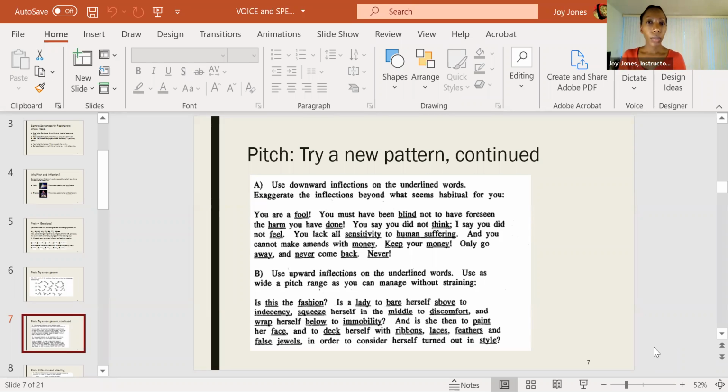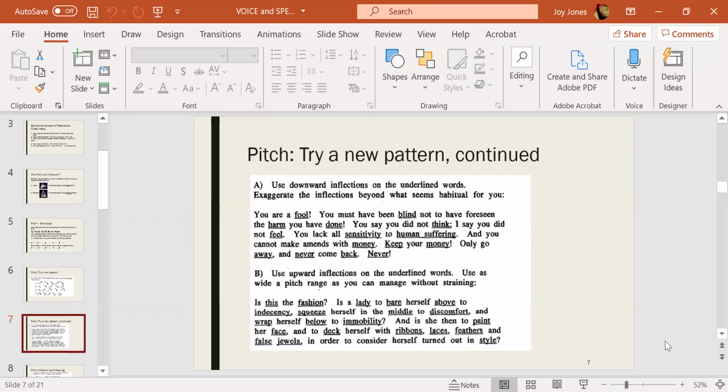Yes, absolutely. All right. Ben volunteered for passage B. So Ben, whenever you're ready, and then if anyone else wants to give it a go, we also have more to do as well. But Ben, whenever you're ready.